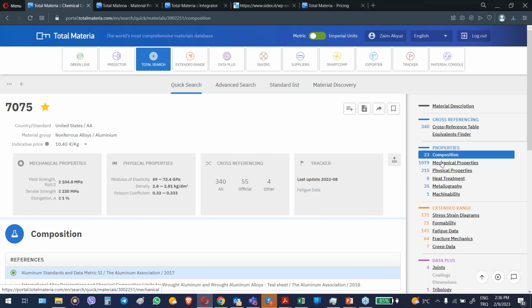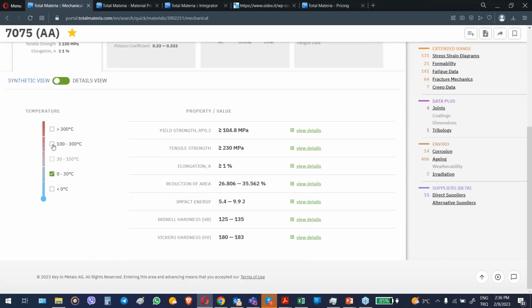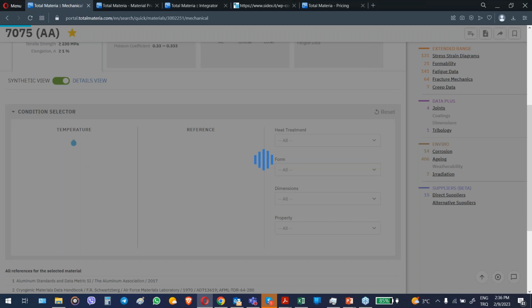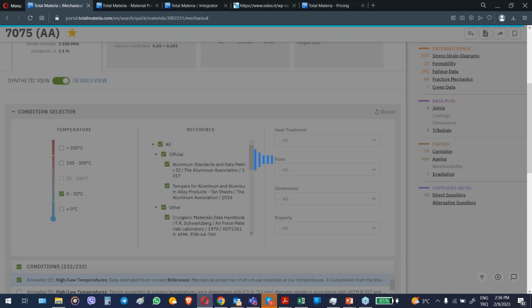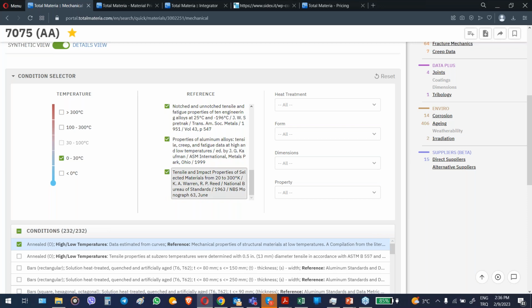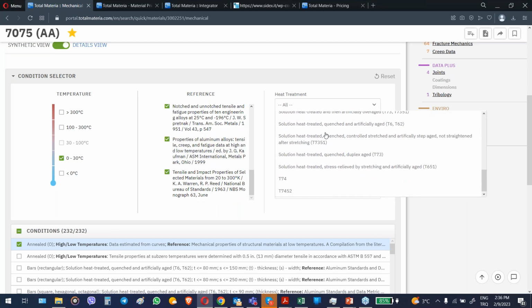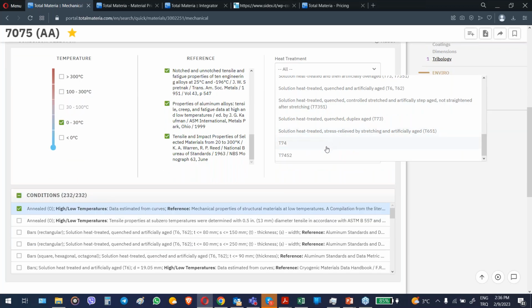You can see the chemical composition and mechanical properties. Here we go. We are of course expecting the same material to have different properties at elevated temperature, or in minus temperatures, of course. So in detailed view, you can filter the standards or different heat treated materials. You can see